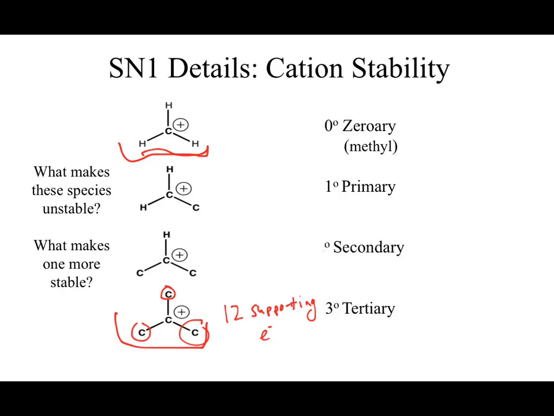How about the next one? How about the next one? And the last one? Which of those carbocations is going to be the most stable? The tertiary. Why should the tertiary be the most stable? It's the one with the most electrons around it. So if I'm going to predict an SN1 reaction and I want to look at a starting material and I say, this is my starting material,